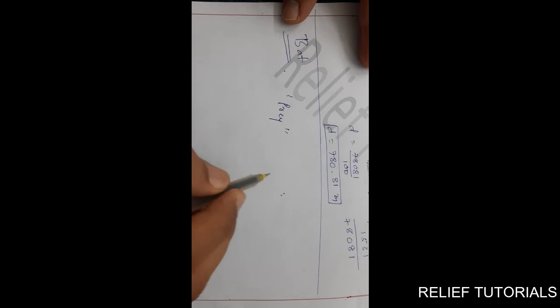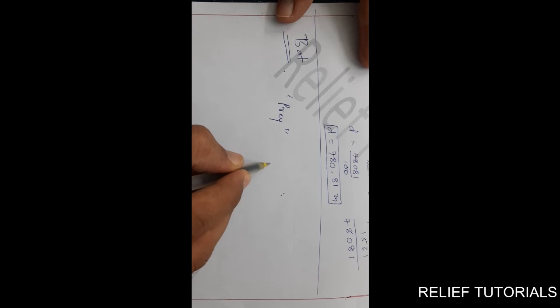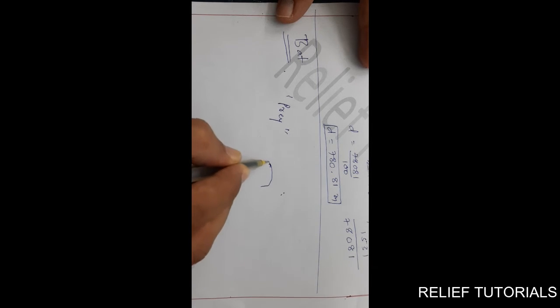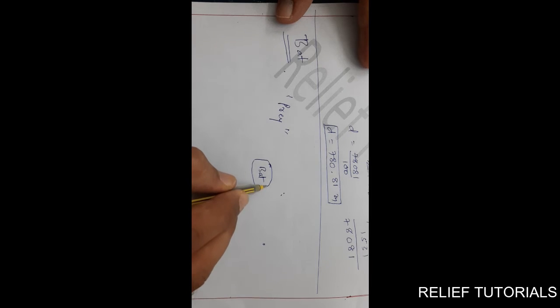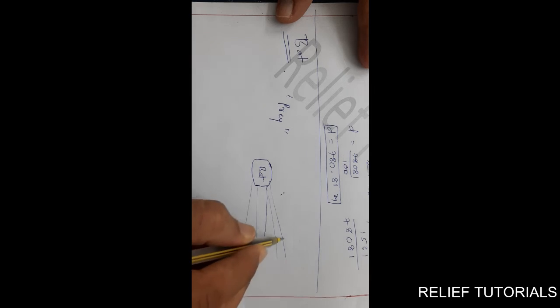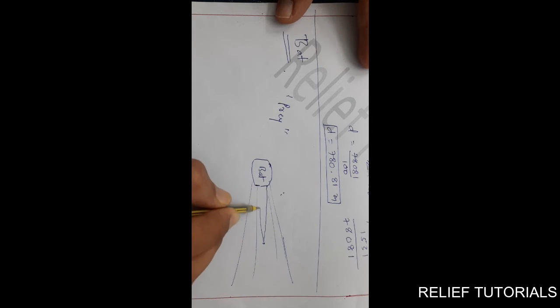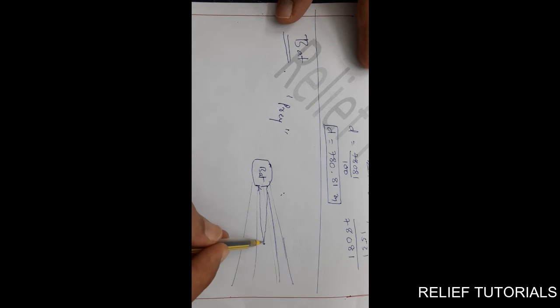Okay, so what does the bat do? Let us say this is a bat. I am not drawing the actual figure of a bat, but let us say this is the bat. Here is one of the insects. So the bat throws ultrasonic sound in all directions. The sound will be reflected back and picked up by the natural detector. Now obviously not all the rays which it has passed are reflected back. These rays will be reflected back sooner, faster, because it takes less time to come back.